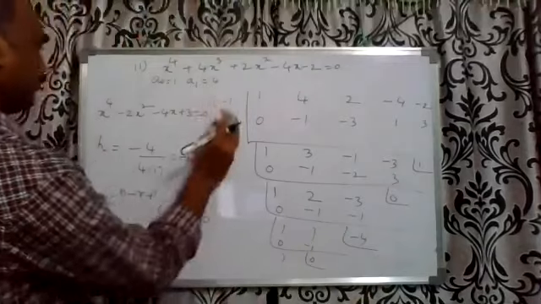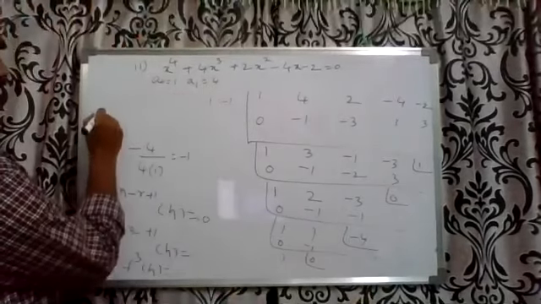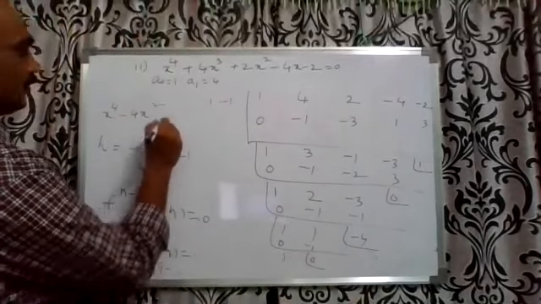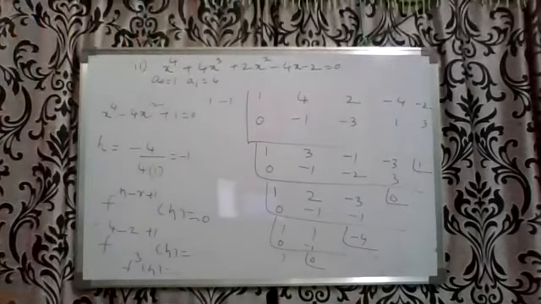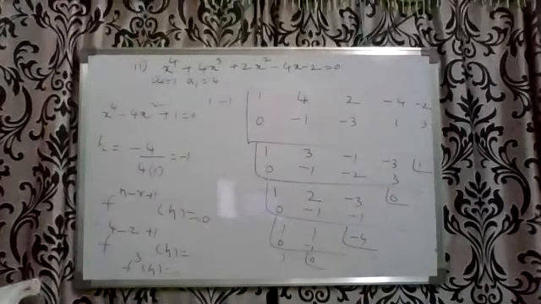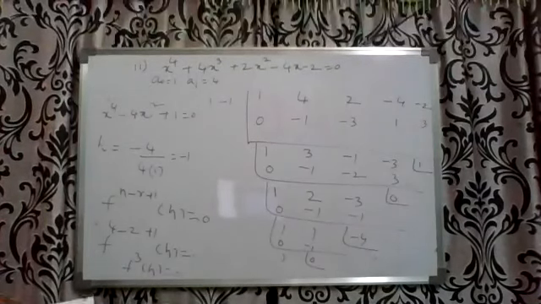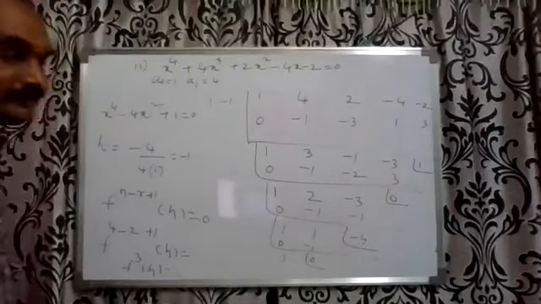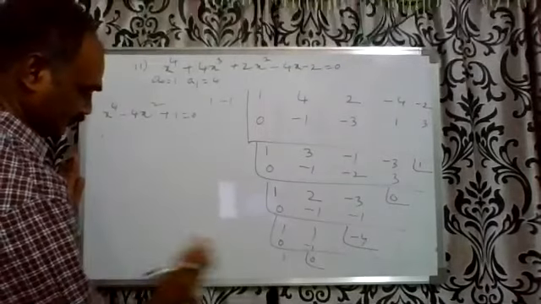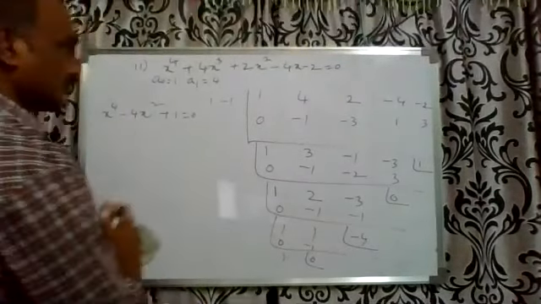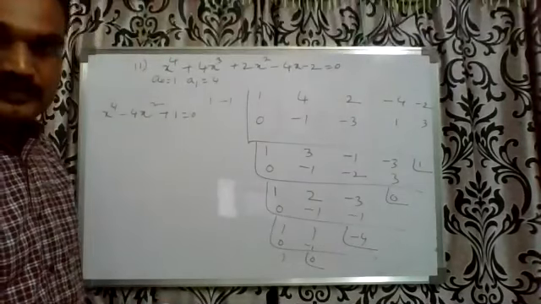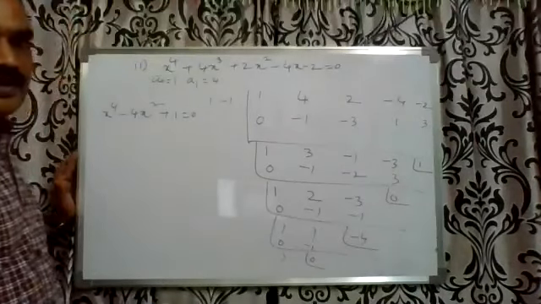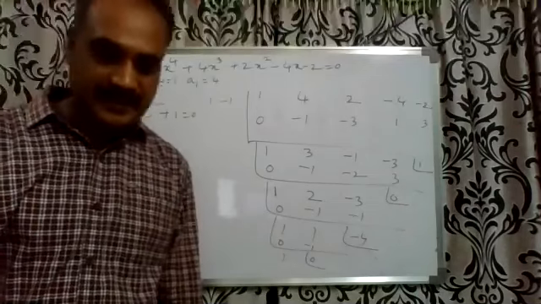Answer is x to the power of 4, this is x to the power of 3 times 0, minus 4x square plus 1 is equal to 0. X to the power of 4 minus 4x square plus 1 is equal to 0. So eliminate second term, h is equal to minus a1 by n into a naught, or f power n minus r plus 1 of h is equal to 0.